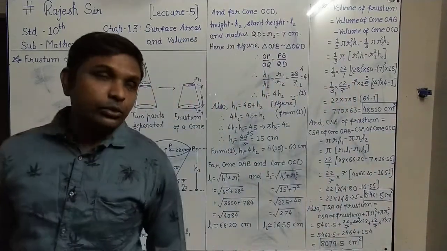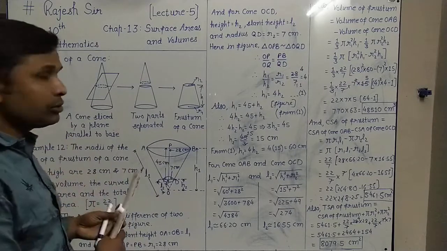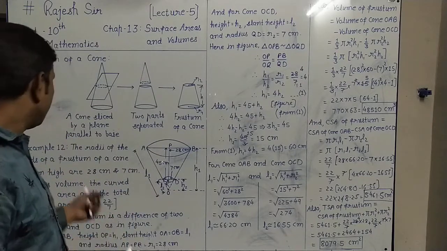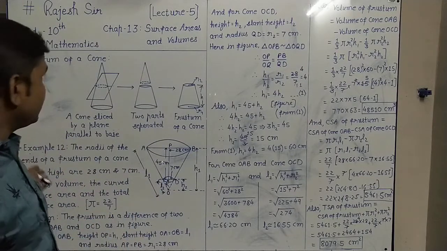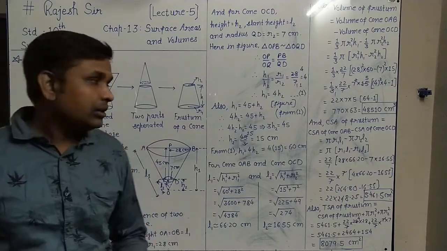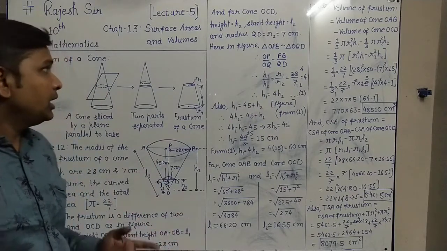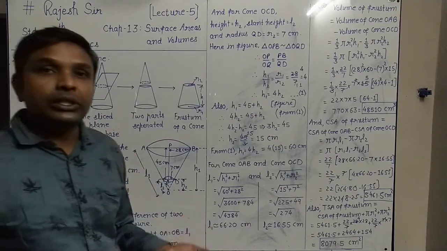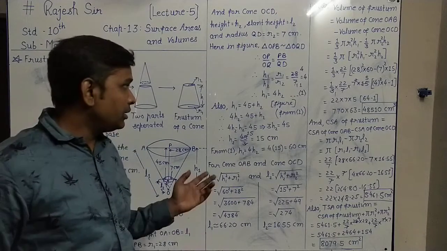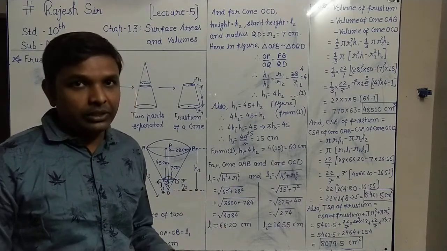In this lecture, you have to understand this frustum of cone by this figure we have understood by doing activity. And on the basis of that, example 12 we have done, in full detail we have done how it is the difference of two cones that we have understood. And now we will directly deal with the questions related to this by the formula. And for that, we will define the formula first in the next lecture.